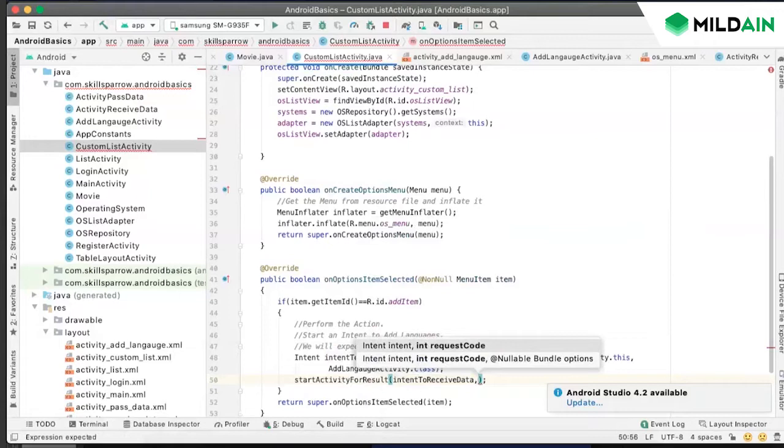The second parameter it is asking for is an integer, which is a request code. The request code is an integer which will be passed to the activity, saying that this is your request code. Why do we need a request code? Why do we need a number? The reason is